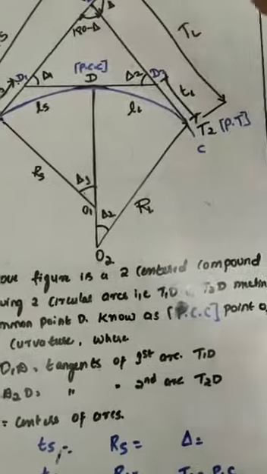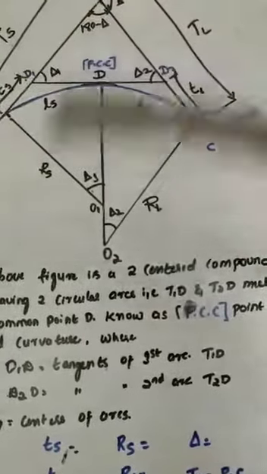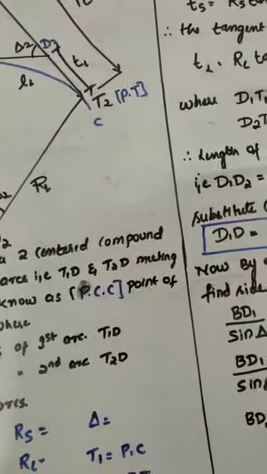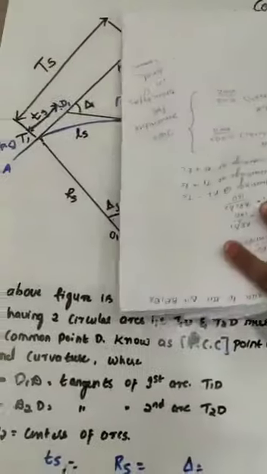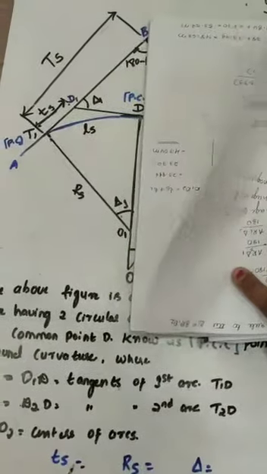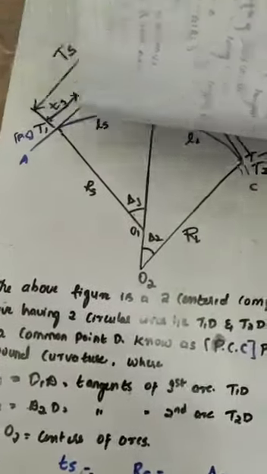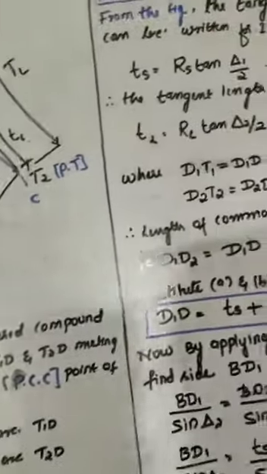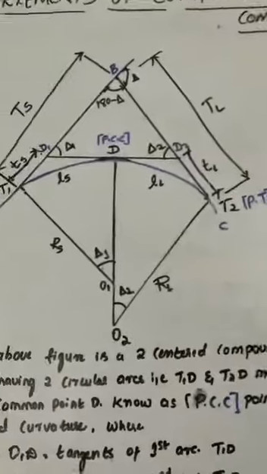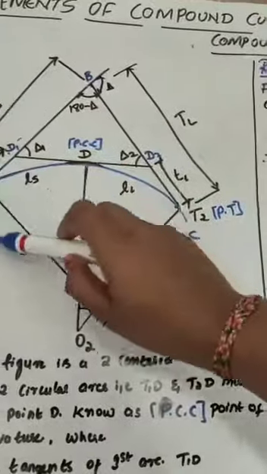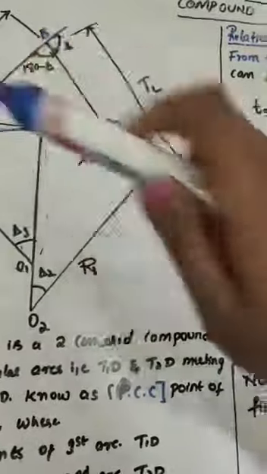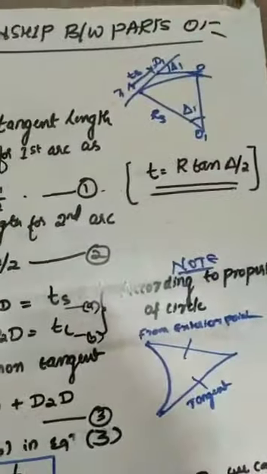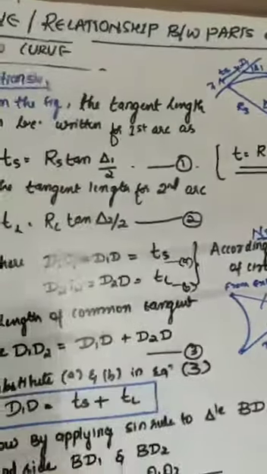When you eliminate this portion and the upper triangular portion, you can see only this portion, that I have written on this side. So if you consider